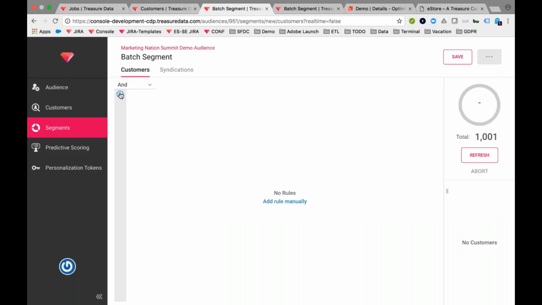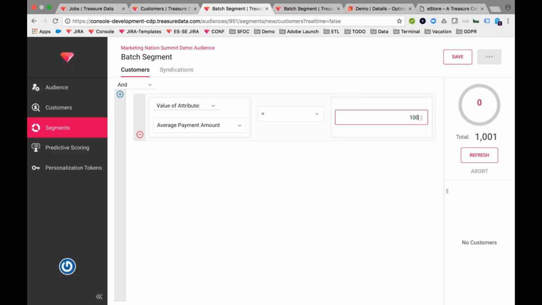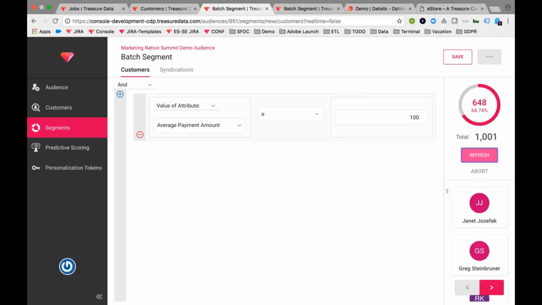So you click the little plus guy, and let's say we want to have average payment is equal to 0. Can't remember if they exist in this data set or not. No, it's more than 100. Let's say people who spent at least $100. Great, fantastic. So you have 648. And so you could say this is your maybe some threshold of customer,